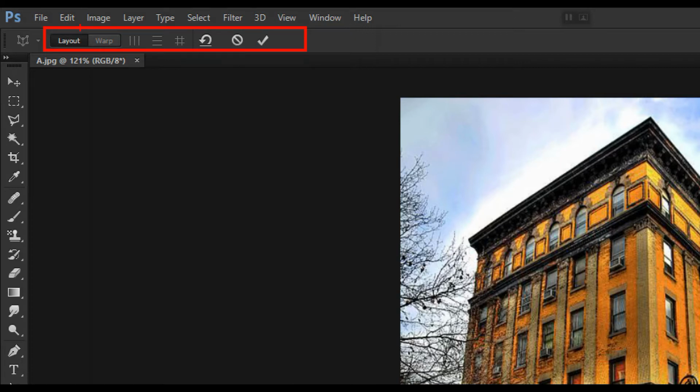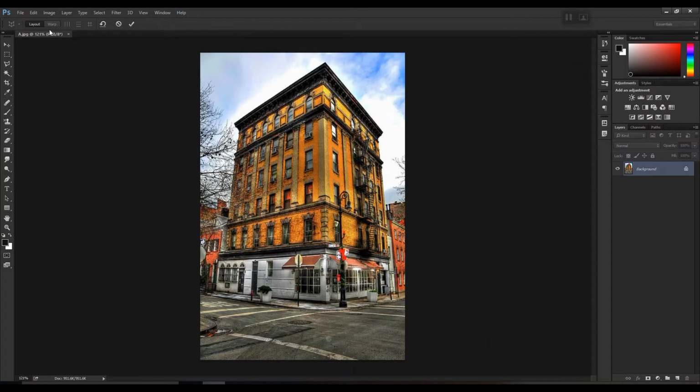Okay, now moving forward, select Perspective Warp, and as you can see, on selecting that particular tool, this dialog box will appear to you: Layout, Warp, and these three are the different properties of grid lines, which you can use simultaneously according to your image preference. In this image we won't be requiring this, as I will be explaining to you. So let's move forward. You can see it is selected to Layout. So all you need to do is simply click and drag your mouse, and you can see a grid is made.